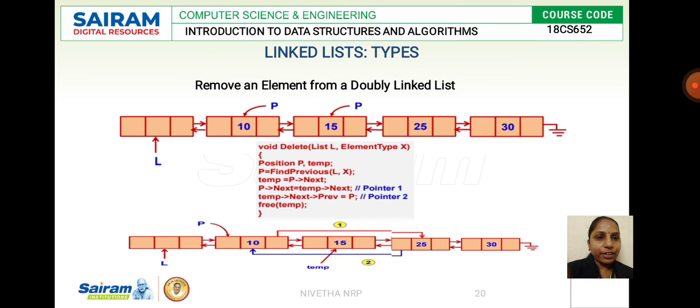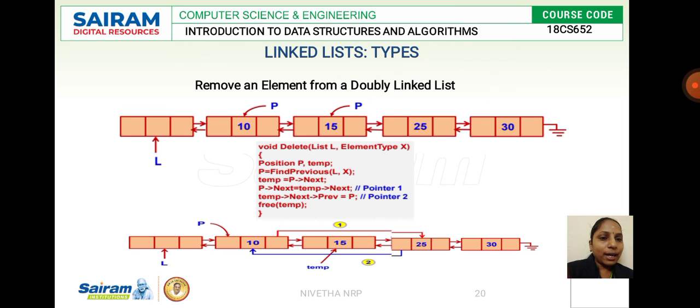See the example we have here. Now we are going to delete 15. While I delete 15, 2 forward links and 2 backward links will be deleted, and I should create 1 forward link and 1 backward link and regenerate a new link. See what happens. I should break the forward link between 10 and 15 and 15 and 25, and I have to create a forward link from 10 to 25. Similarly, I have to break the backward link from 15 to 10 and 25 to 15, and I have to create one backward link from 25 to 10.